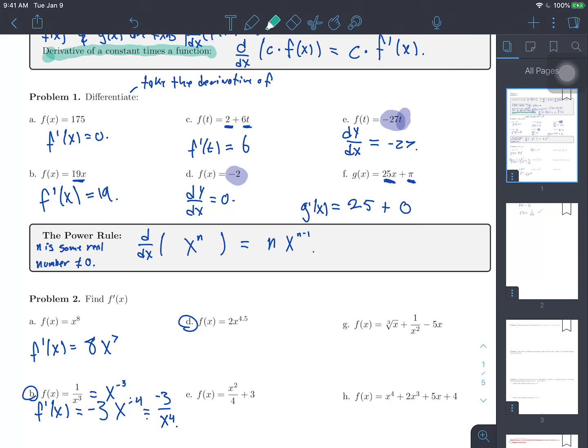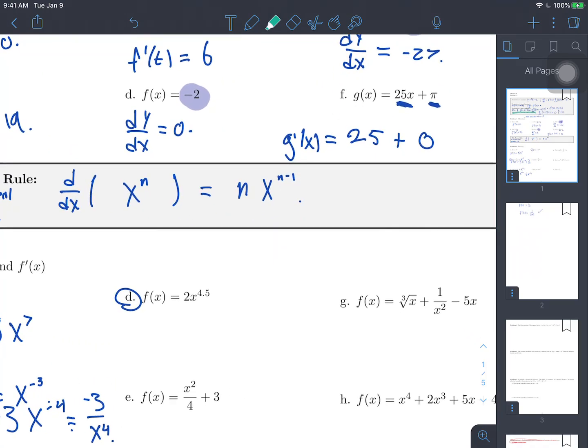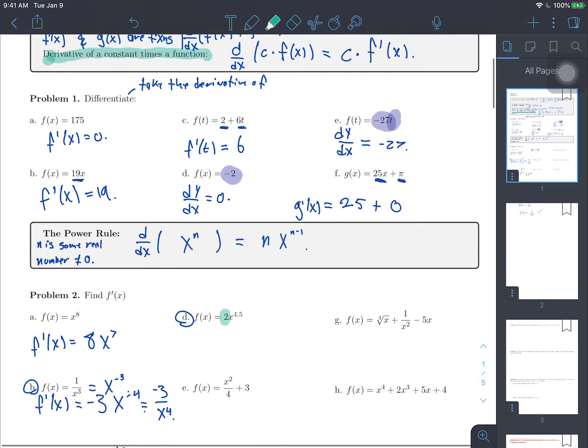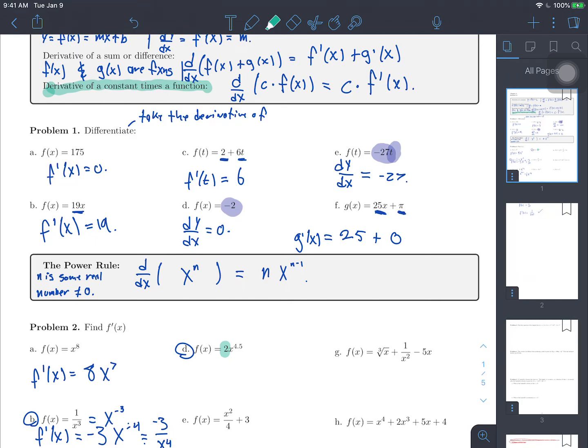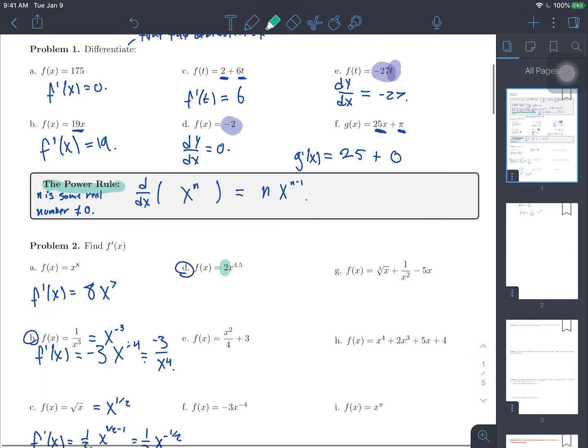What we have in this problem is 2 times x to the power 4.5, which is to say we're multiplying the constant 2 times the function x to the 4.5. We know how to do the derivative of x to the 4.5, and we know that the derivative of a constant times that function will just be the constant times the derivative. So combining this green rule here with the power rule on this problem,